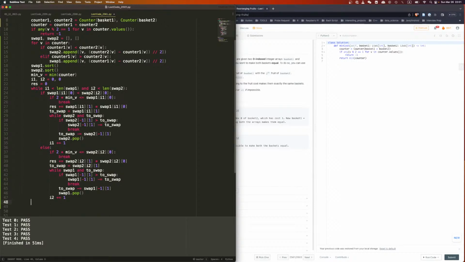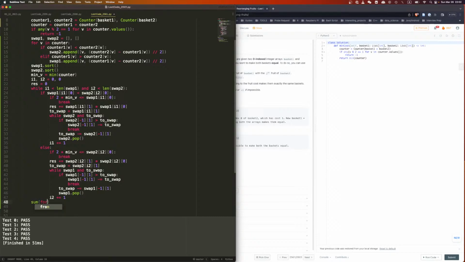After we get out, that means either we finish the swaps, right? We're all done, no more to swap, or we have swap left. So what we need to do is check, right, if there's any swap left. Okay, so we say if swap is left, then the remaining should all be swapped with the minimum v. Right, so what we can do is